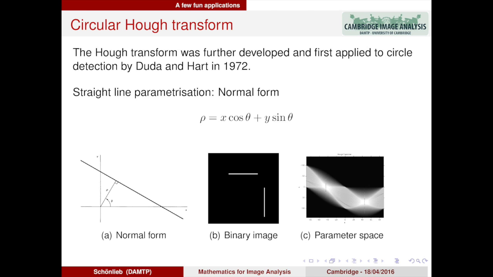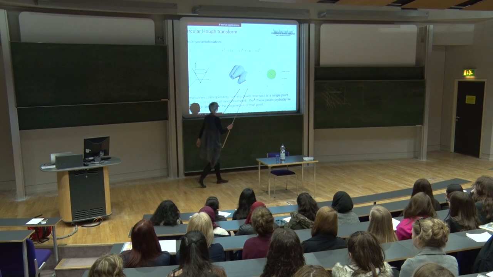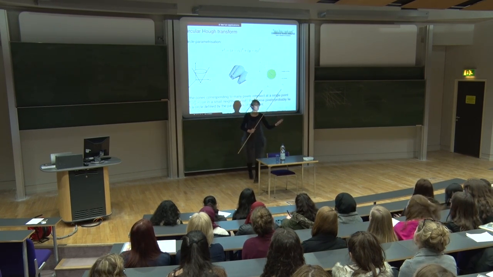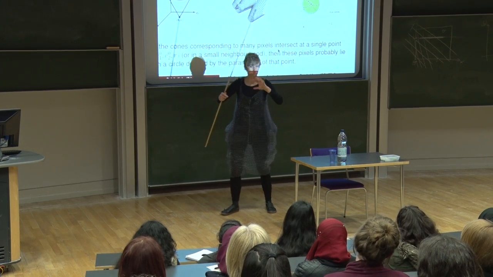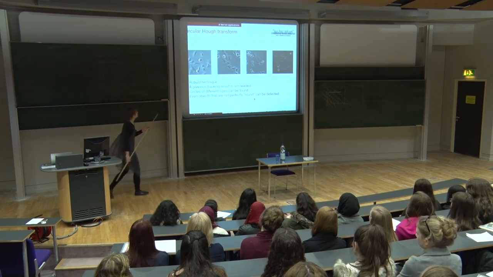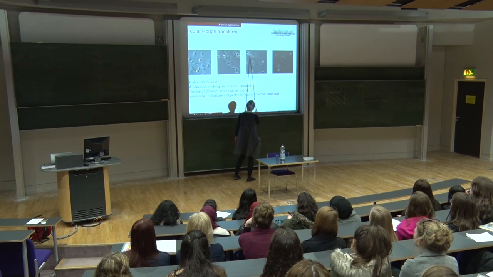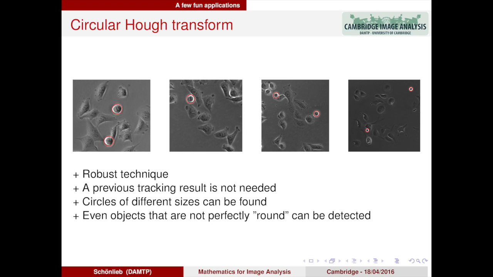But we don't want to detect lines, we want to detect circles. So with circles, you do something similar but instead of summing up along lines, you're summing up along circles. And then the same thing happens if you're hitting, you know, the boundary of your circle, you will get the maximum value, and that's how you detect those guys. And you can do it then. So, and this actually works quite nicely. You detect the circular guys in your microscopy images, the ones which are mitotic. And once you have done this,